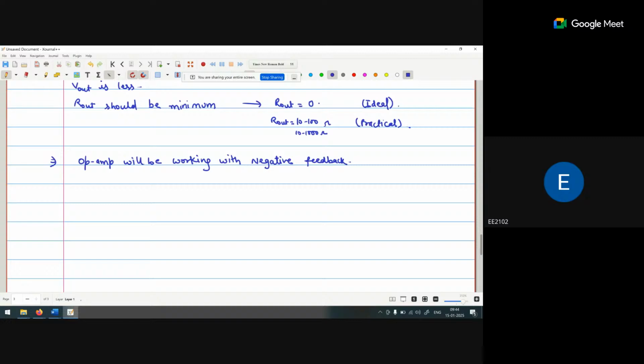When you go through the week-wise content, week 2, week 3, we are mainly discussing that the operational amplifier will be working in negative feedback. The benefit of negative feedback is that we consider V1 equal to V2, and that is called the virtual ground concept. That means if I am using one operational amplifier,